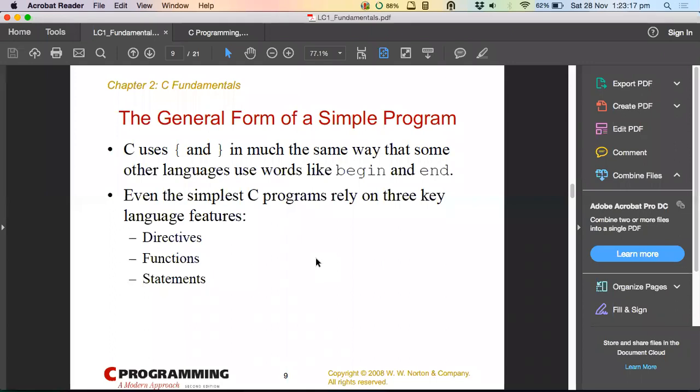Sir, can you explain the int and void thing once more, please? See, when you write void before a function name, we will be doing this in much more detail when you deal with functions, but just to complete this lecture, void means you have done something inside a function, and that function has not returned anything. It does not have to return. You could have a function which just displays something on the terminal. It doesn't have to return anything to you. So for those functions, you define it as void.